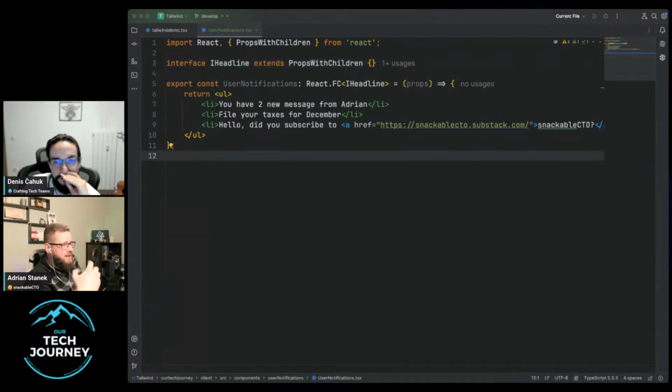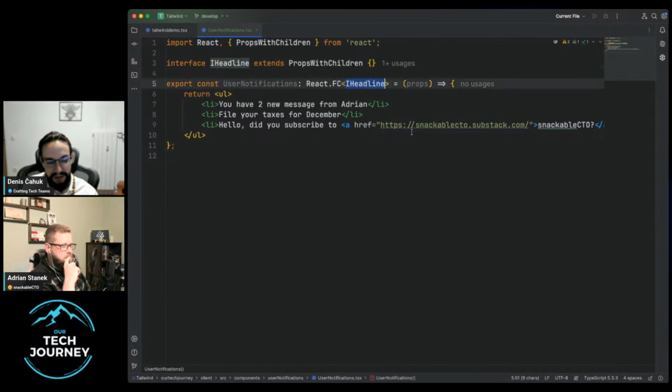And this is not really YAGNI, you ain't gonna need it. Why do you actually do that? It is a very easy way to read that file, especially when you have 1,000 components in a project. For those of you in the audience who are backend engineers or more backend savvy like myself, the reason we have to do this is because we are using TSX, not just JSX. So the component we're exporting is type safe, meaning that when we use the component, there is a type safety check on the type of component which has been made generic by this type, right?